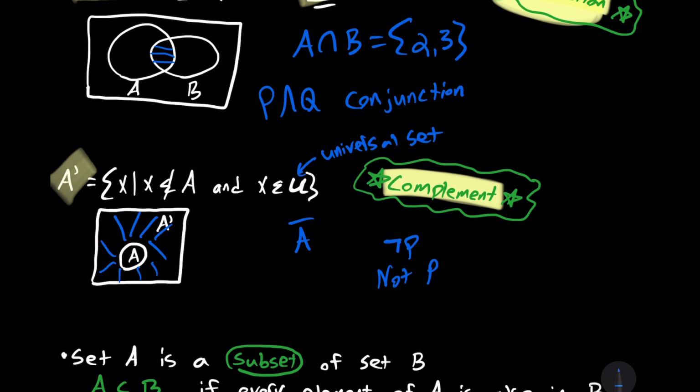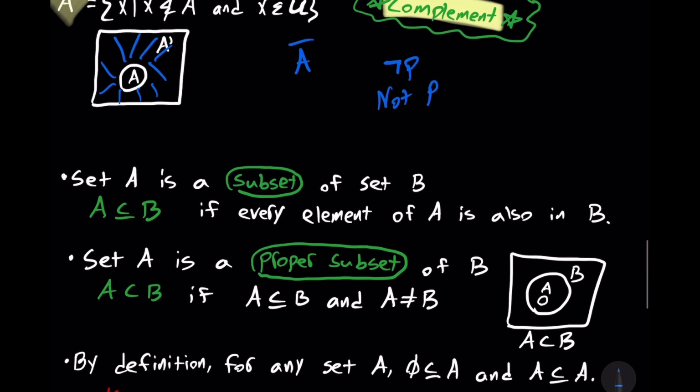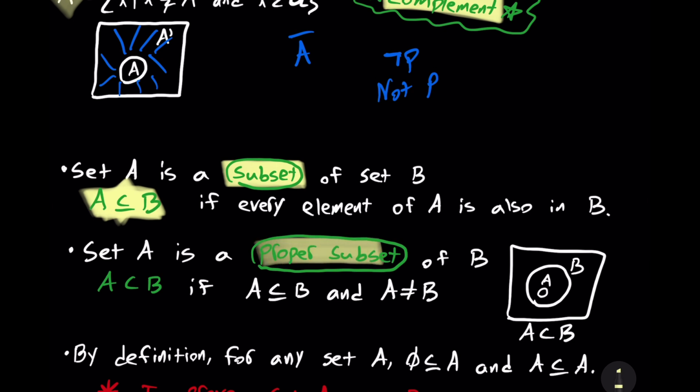But what about the proposition if P then Q? Well, that's actually analogous to a subset, interestingly enough. So set A is a subset of set B, where we use this notation. So A is a subset of B if every element of A is also in B. Now set A is a proper subset of B, where we use this notation. So A is a proper subset of B if A is a subset of B and A is unequal to B. So if we diagram that, we can think about A